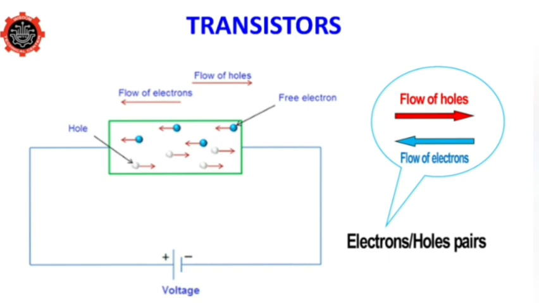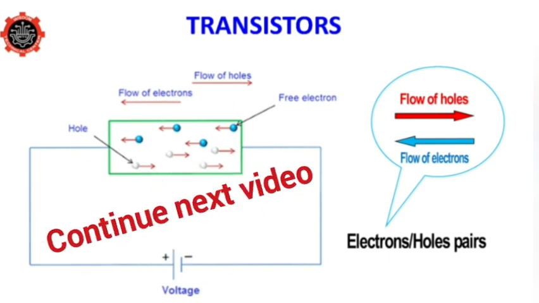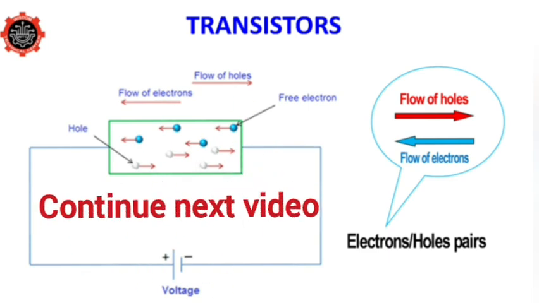For example, if you are an electron, what do you want to do to fill a hole? And how do you want to fill this hole? By hanging out on the negative terminal as the holes are attracted